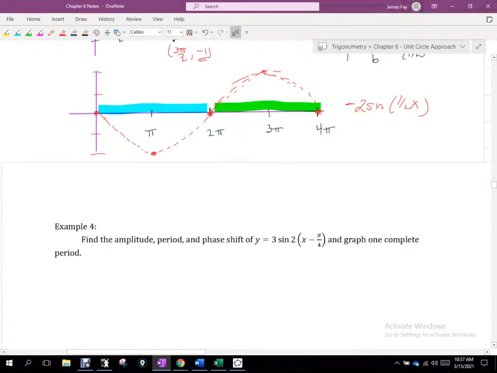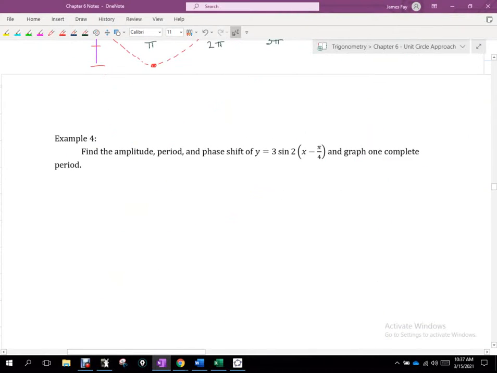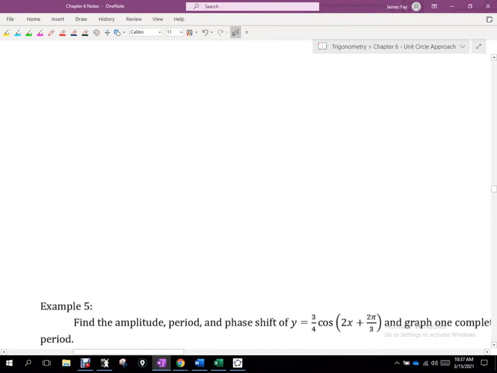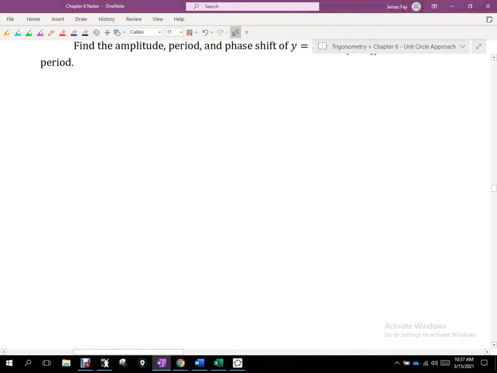All right, so this one here, and I'm actually going to write this one a little bit differently. I've got it written right now in the format that we want to get it to, but let's just ignore that and write y equals, so this is what we're going to graph. Y equals, did I have it as 3? Okay, 3 sine, and we're going to go 2x minus